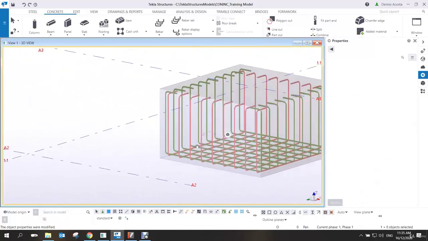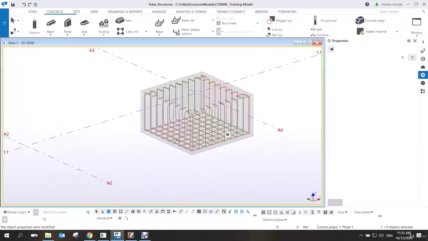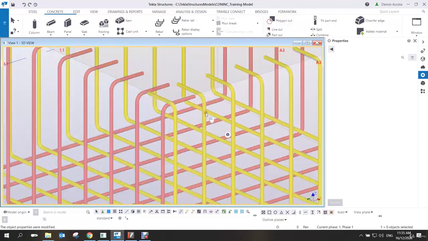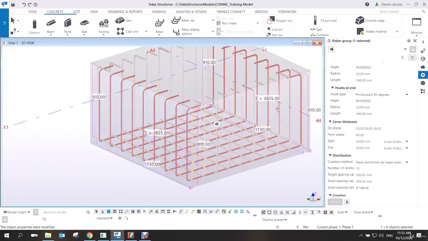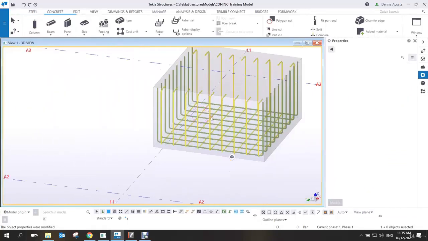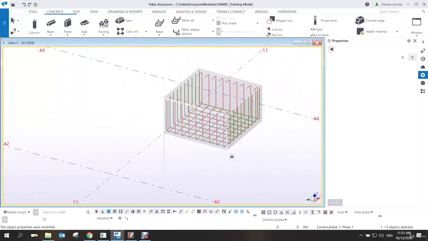So now there's no collision here. Or maybe the green one, I will remove the hook. I will put it no hook. Yeah. So the green one, no hook. The reason why I put no hook, then later on I will